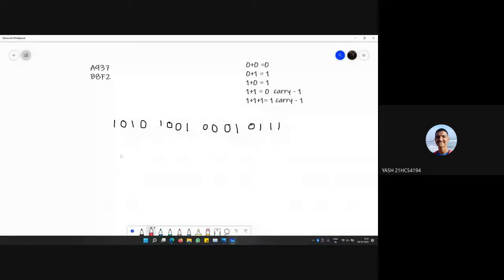The next number is B8F2. B is 11, 8, F is 15, and 2.